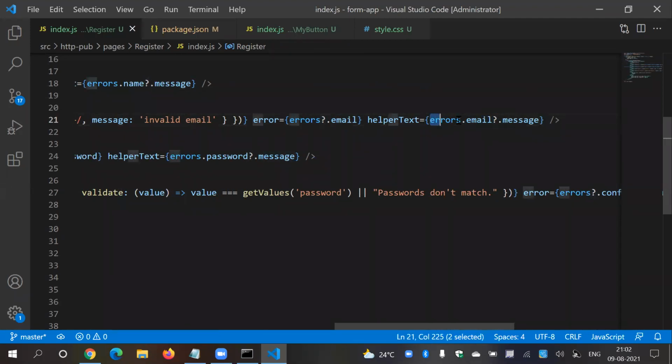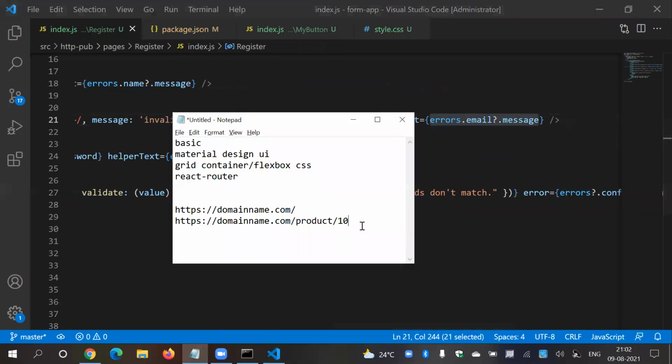So let me explain this part as well. I think I forgot to explain. So what does it mean? This is the shortcut. What is the long cut?